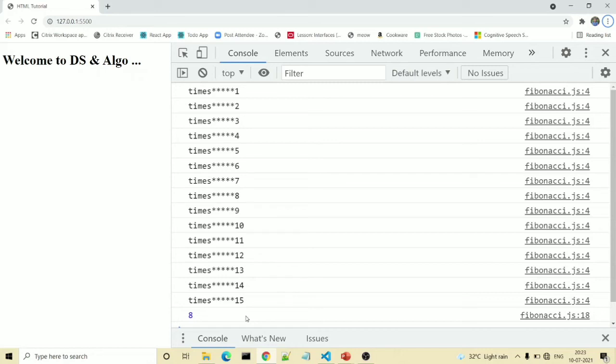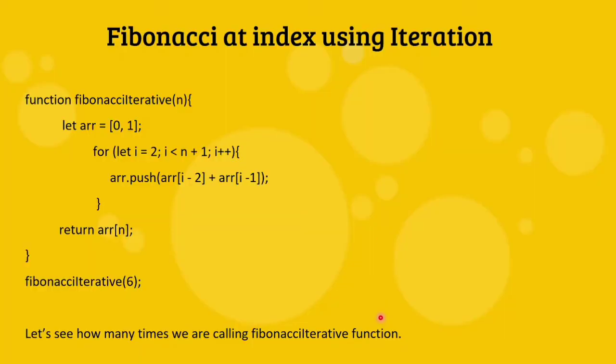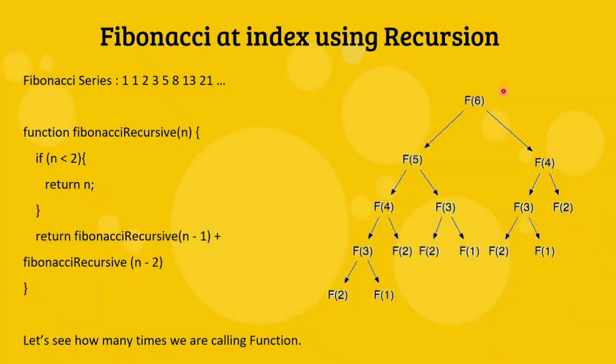That is totally not fair. That is really not fair. But how is it happening? So here, in case of recursion, for getting the Fibonacci at 6, we are computing the result of Fibonacci at 5 and Fibonacci at 4. But again, to get the result of Fibonacci at 5, we are computing 4 and 3. And again here we are computing 3 and 2. So the same operation is occurring multiple times. So that's totally not correct.